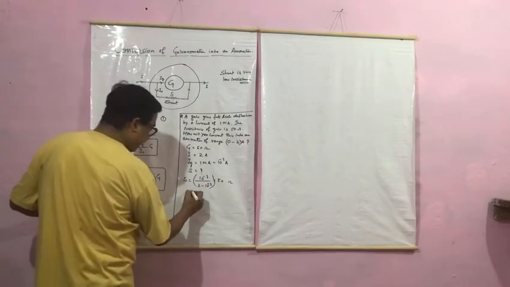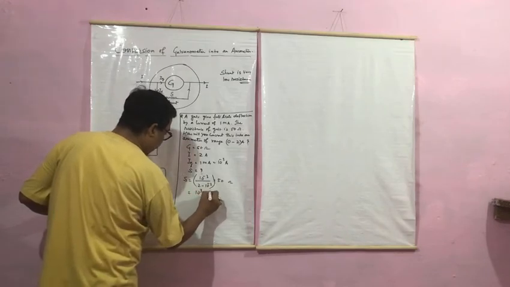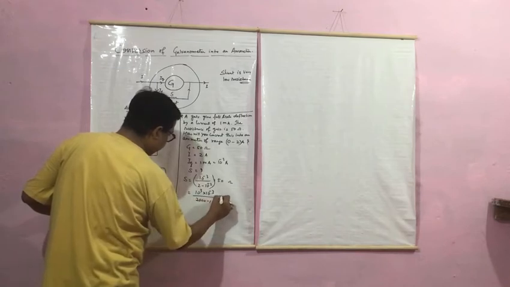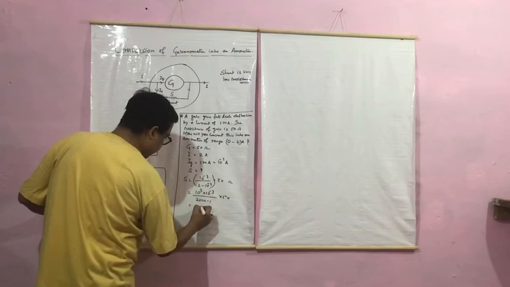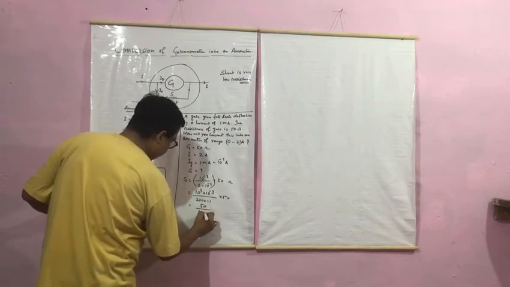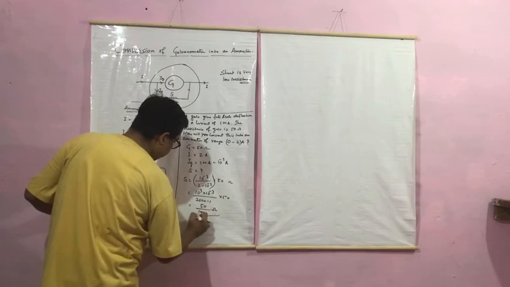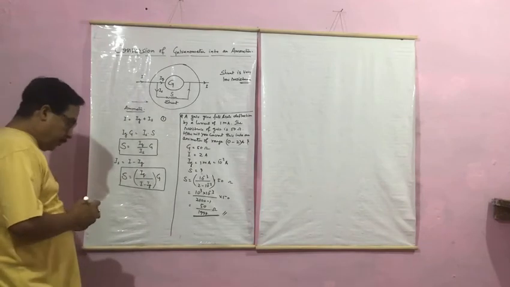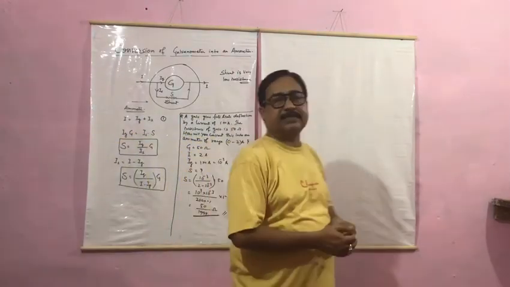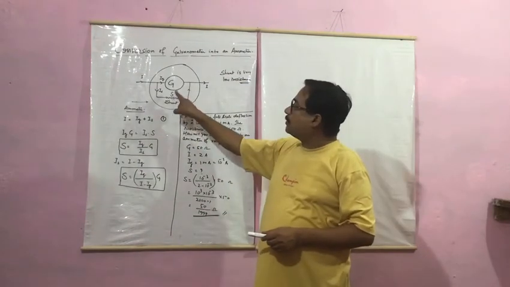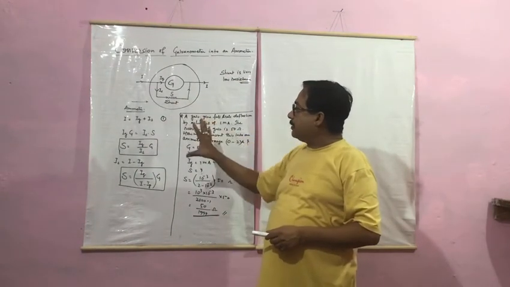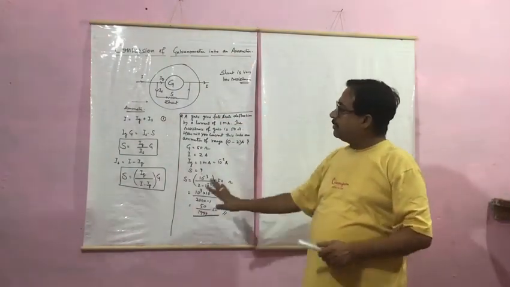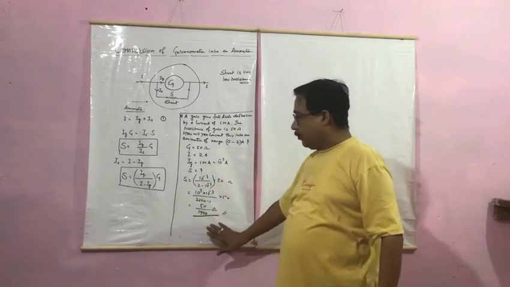So this is 10 to the power 3 into 10 to the power minus 3 upon 2000 minus 1, into 50. So this cancels. So this is 50 upon 1999 ohm. The value is very small. So 50 upon 1999 ohm means a very small value of shunt resistance. We have to connect this to the galvanometer in parallel, then the galvanometer will be converted into an ammeter of this range. So this is the conversion idea and an example.